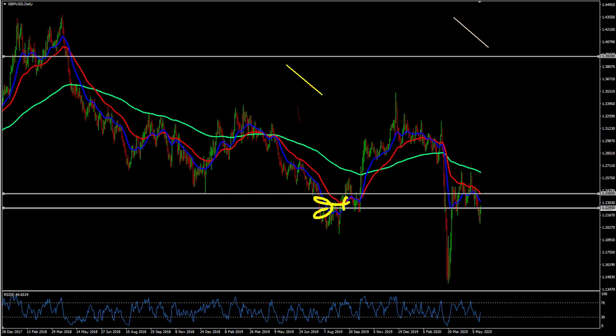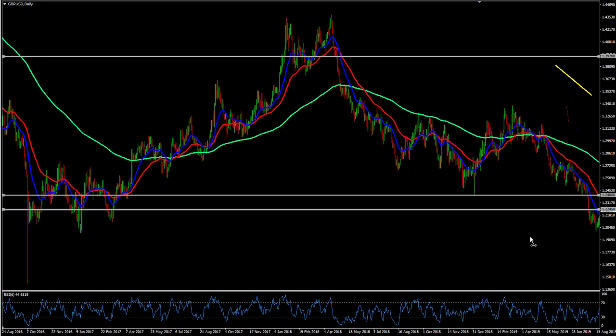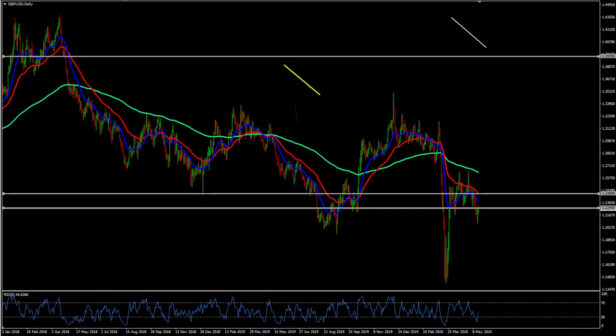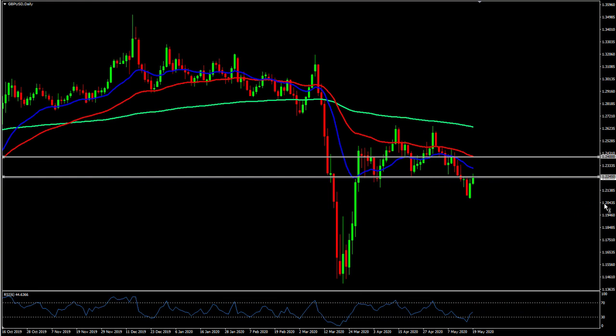and if you do go back to sort of end of 2019, and if you do go back further as well, back into 2016-17, you can see that price has acted as support. So we are sitting in, I would say, a major level, which is interesting because if we see price consolidate and range in and around 1.2240, I'll then be interested to start thinking about selling. Failure of that, if we do see a daily close higher than this point, I'd expect